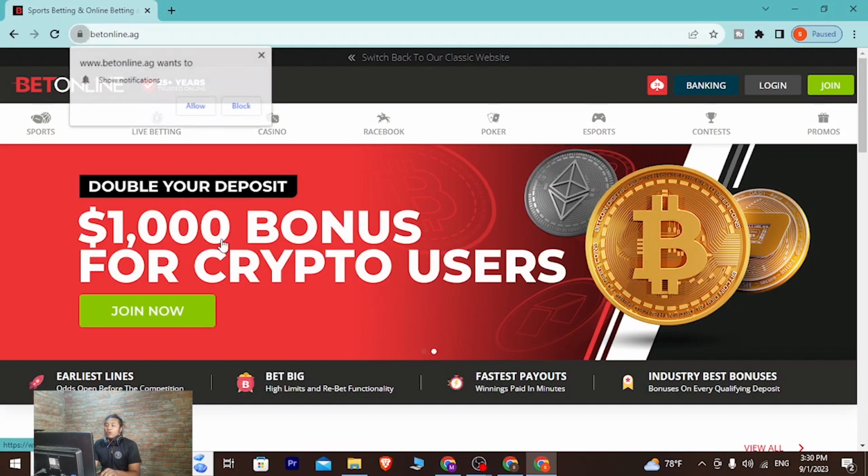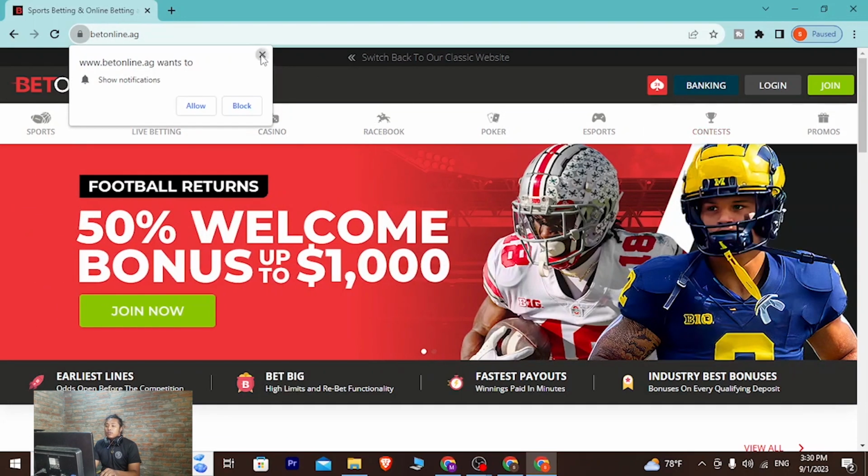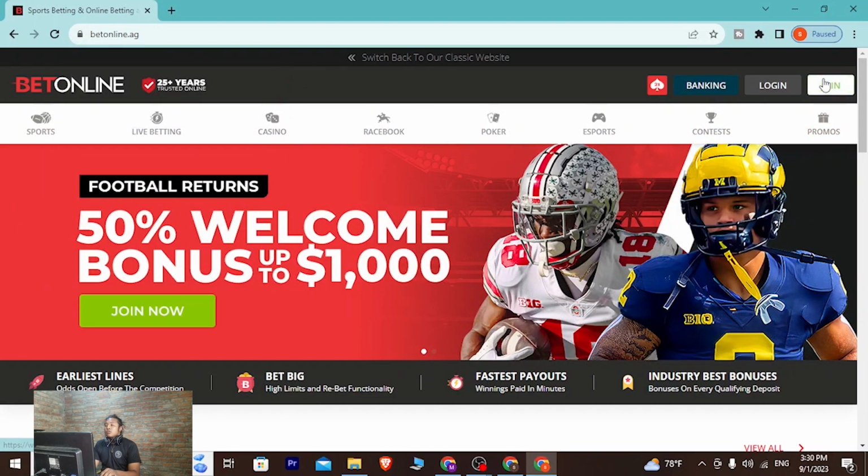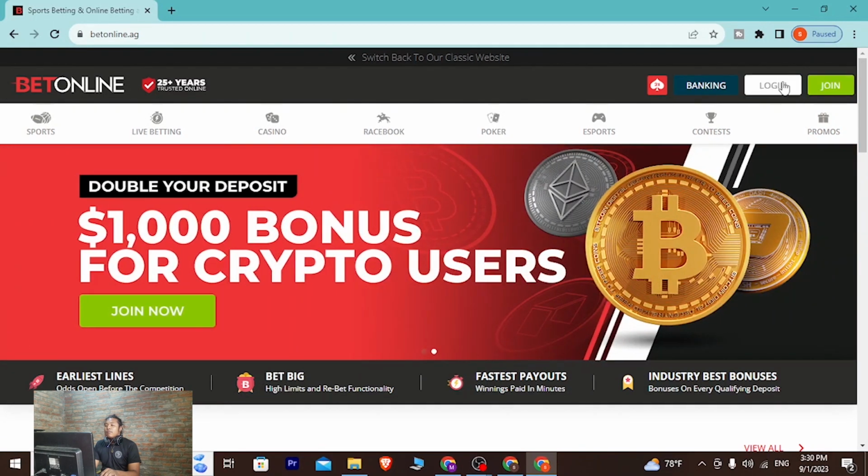Now in order to log into your BetOnline account, over here at the top right corner of the screen, guys, you can see there is the login button and the join button available for us. Now in order to sign in, just click on the login button,